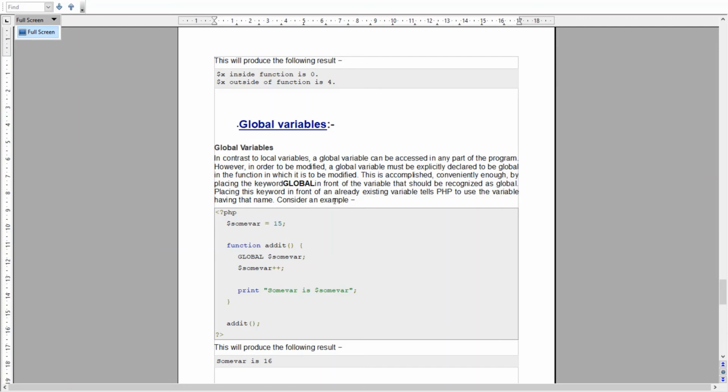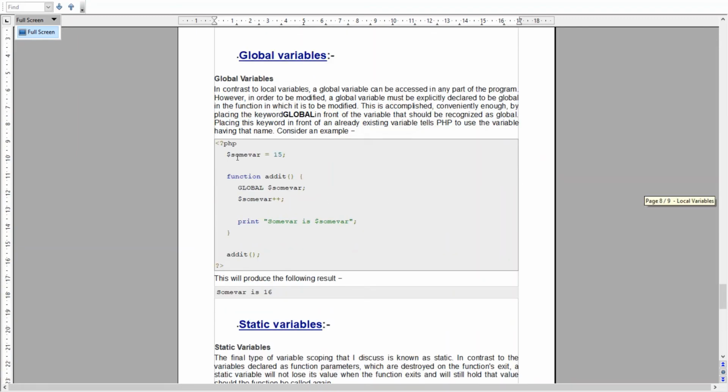For example, look at this example. Here we have declared a variable, and to this we have assigned the value 15. This is a global variable because it is declared within the program but not within a function. Now we are declaring a function, add it, whose body starts from this curly bracket to this curly bracket.